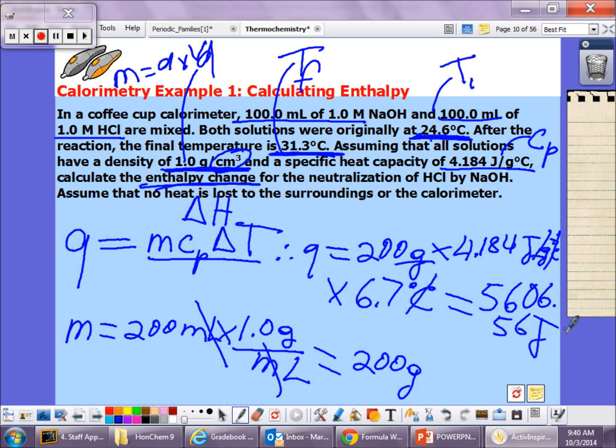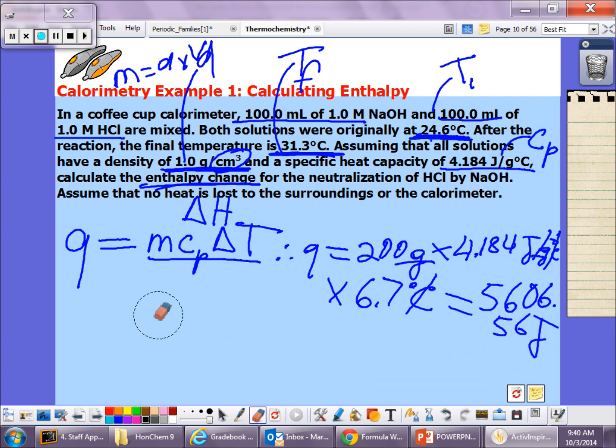Let me do some erasing here to create some space. Okay, this is Q, but how do we express delta H? Even though they did not give you the unit of delta H, in order to remember delta H, you need to express it in kilojoules per mole. Delta H, you express it in kilojoules per mole. That means we need to get our joules, and then we divide it by 1000, which will be our kilojoules, and then we have 1 mole of the HCl, 1 mole of NaOH produce 1 mole of your products also. Okay, so divide by 1000 gives you